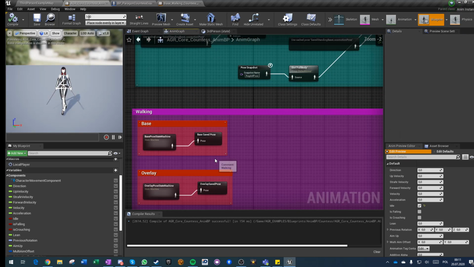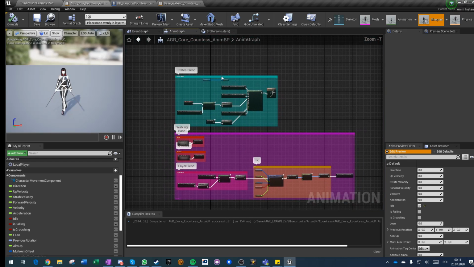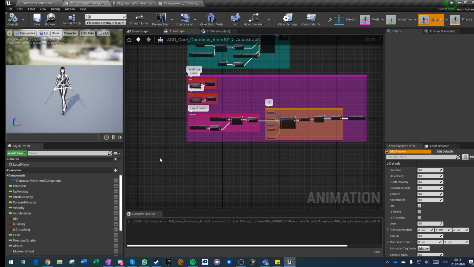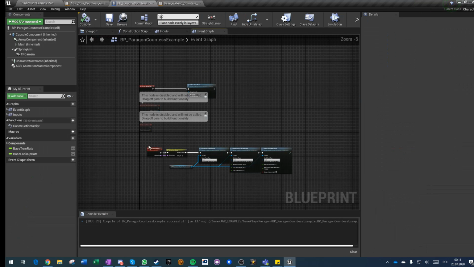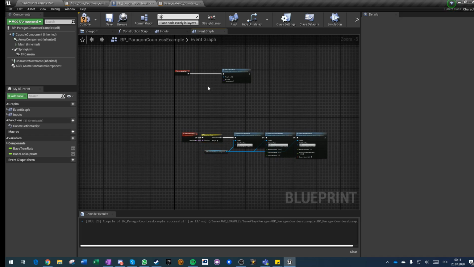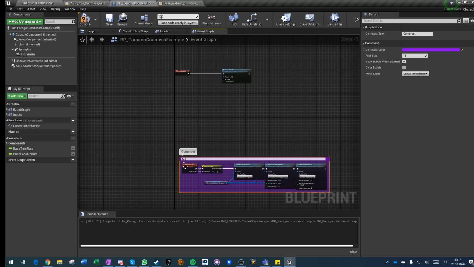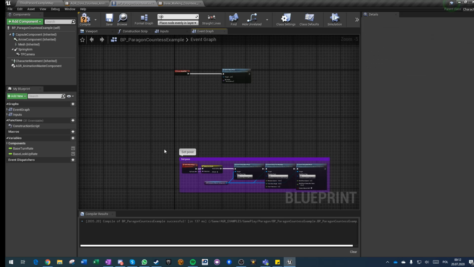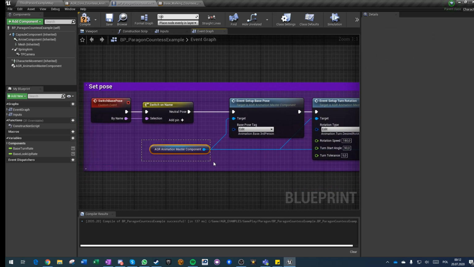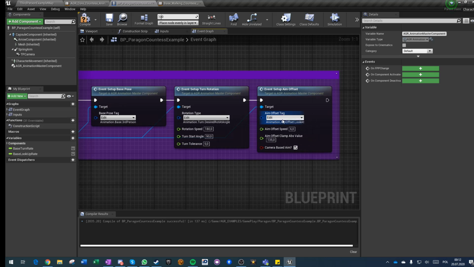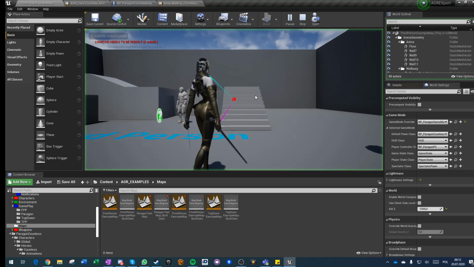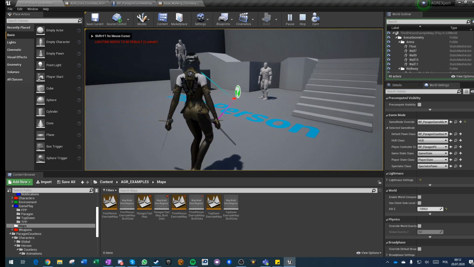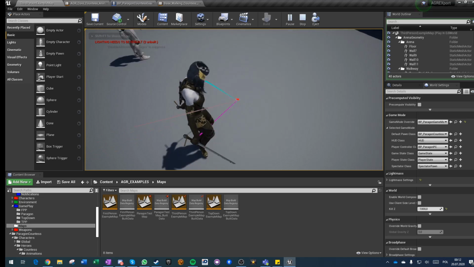We haven't done any new tags, we haven't done any overlays, we just copied everything and saved it. And the character itself just got begin play, setting a pose, and it's just setting pose based on our component and just pushing forward 3 variables, saving, we can play, we have our countess, she is turning in place properly,